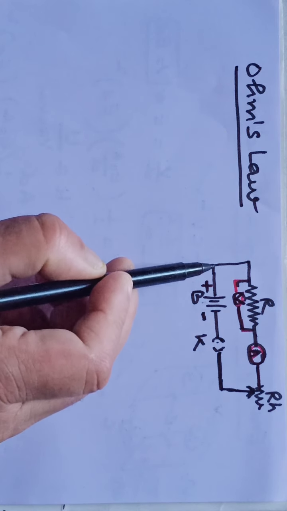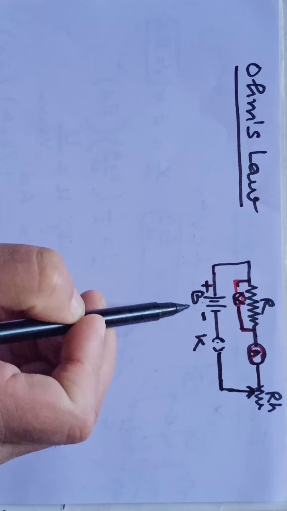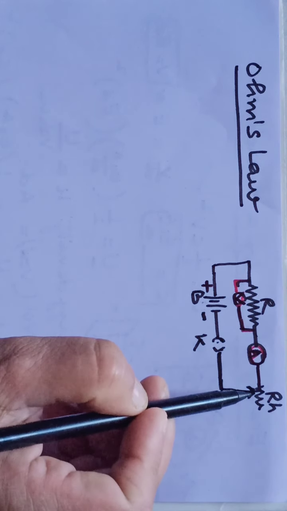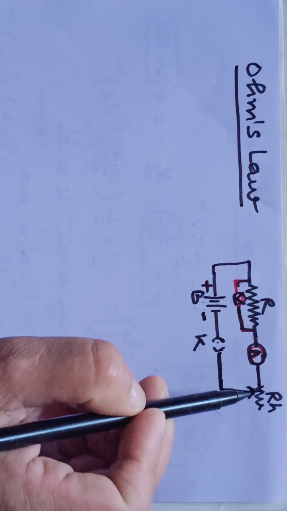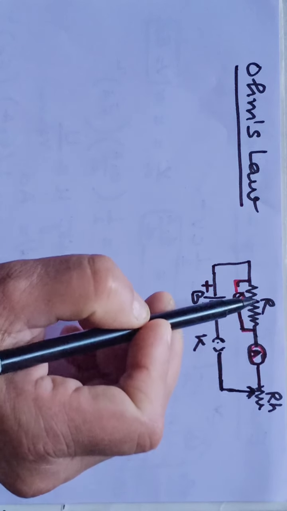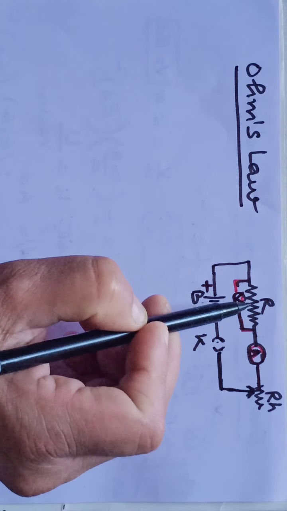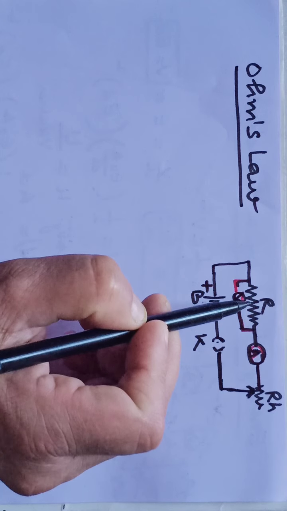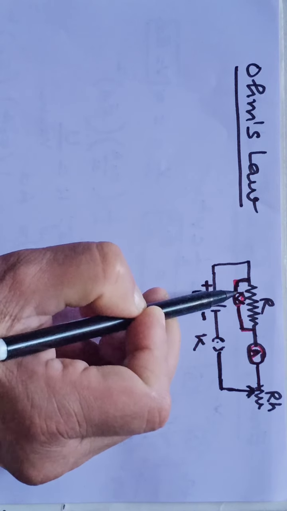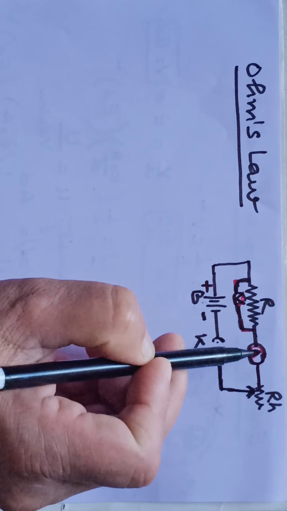To understand this, let us draw a simple circuit having a battery B, key or switch K, a rheostat RH which controls current in a circuit, an ammeter, a resistance. This resistance may be a bulb, a fan, a tube light, or any other electrical appliance, and a voltmeter. This voltmeter is connected in parallel to the resistance, while the ammeter is connected in series.